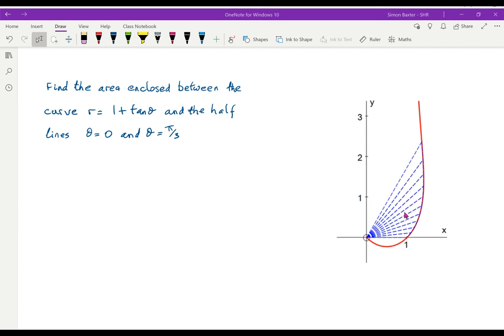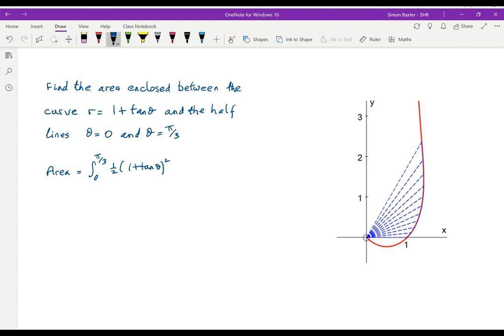It's that I use to help me remember what the formula for the area under a polar curve is. Each sector is a half r squared delta theta. And so the area is the integral from the first value of theta to the last of a half r squared,